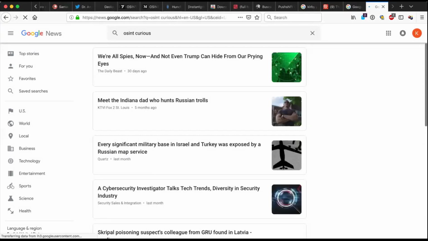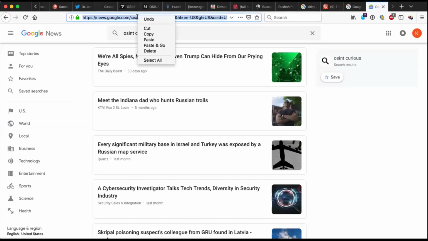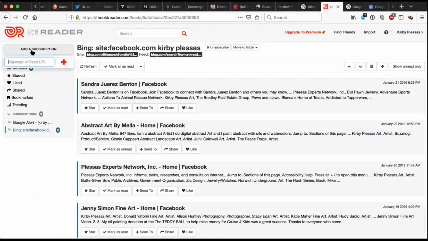Okay, here we go. I don't know why OSINTCurious is showing up in these ones, but it might be split up. Either way, say we're going to watch ourselves. We're going to copy, because again, this is ego search, right? We can copy the URL from the Google search. That should work by itself in the RSS reader. We shouldn't have to do anything else with it.